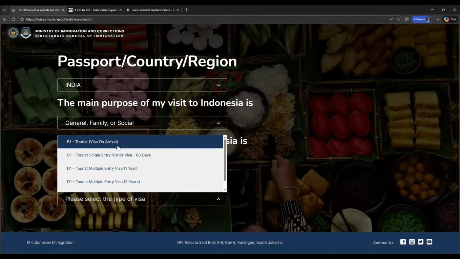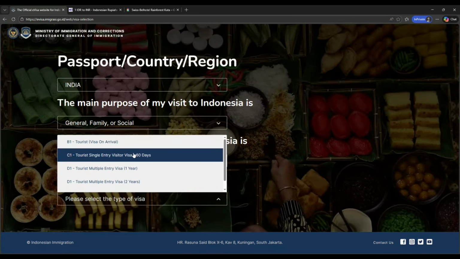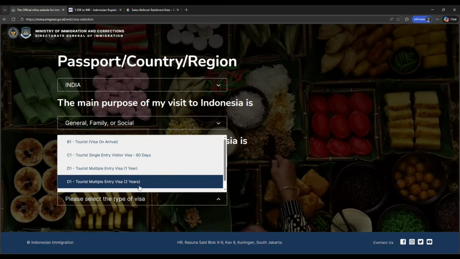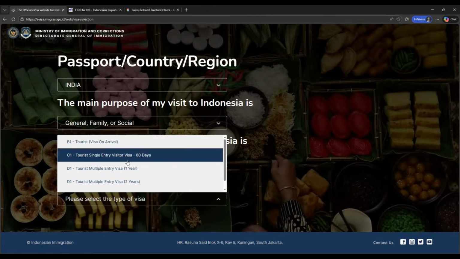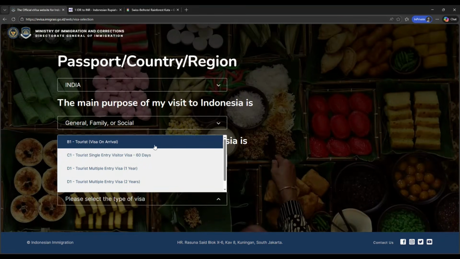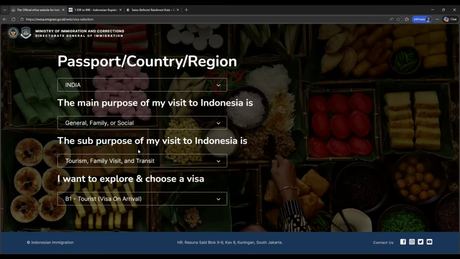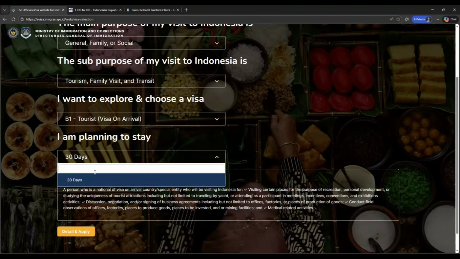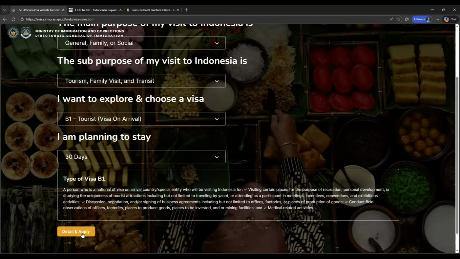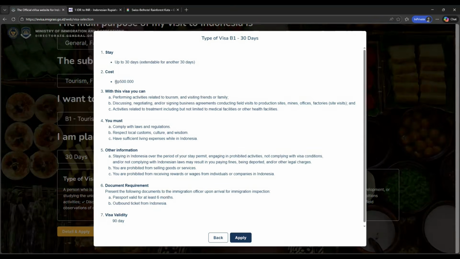Here you have a lot of options. One is visa on arrival, tourist single entry visitor visa, tourist multiple entry visa, tourist multiple entry visa 1 year, 2 year, and also there is 5 years. So for this video example, what most of the Indian travelers would choose is the tourist visa on arrival, which will be eligible for 30 days. That is very ideal. Now if I click on detail and apply, this will cost you around